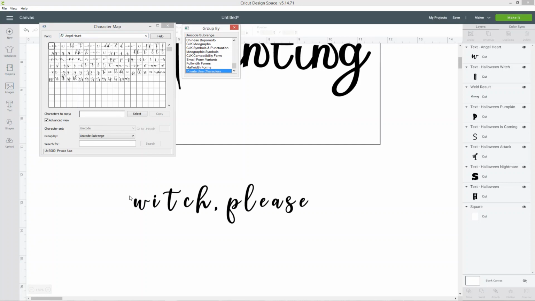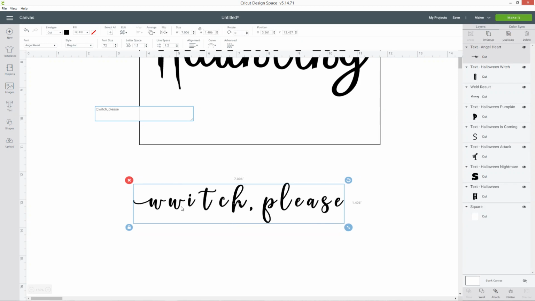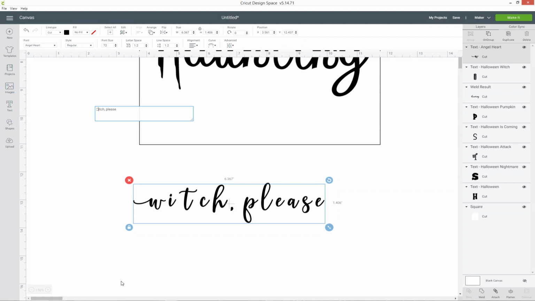So I've got my W and I want to add a little swirl to that, so I can have a look through and I can see that I've got a W there with a little swirl. So I can double click on that one, and then that adds it into this box here. So then I can click copy, go back into Design Space, and then press Ctrl and V on my keyboard to paste. And in the little box that Design Space pops up, the one that you type in, you won't see it. It will just look like a little square, but that's okay because we can see by looking in the main text box underneath that it has inserted that fancy W for me.